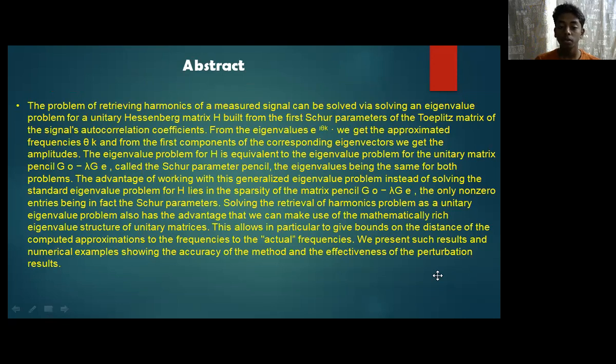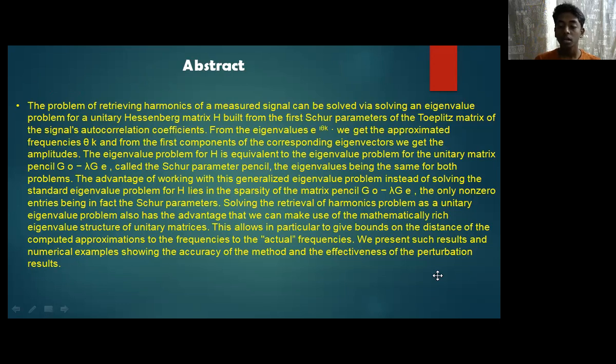The eigenvalue problem for H is equivalent to the eigenvalue problem for the unitary matrix pencil G0 minus lambda G1, called the Szegő parameter pencil, the eigenvalues being the same for both problems. The advantage of working with this generalized eigenvalue problem, instead of solving the standard eigenvalue problem for H, lies in the sparsity of the matrix pencil G0 minus lambda G1, the only non-zero entries being in the factors of the Szegő